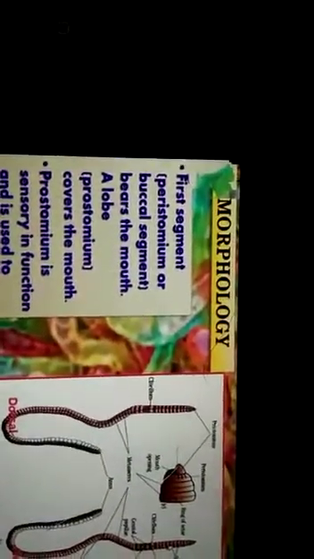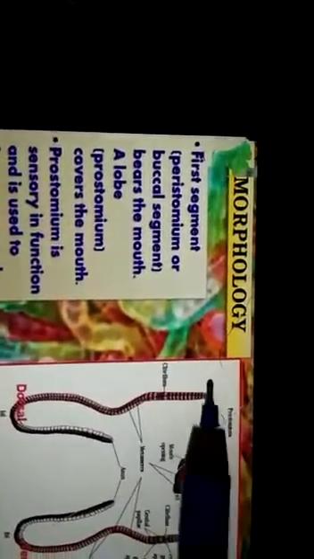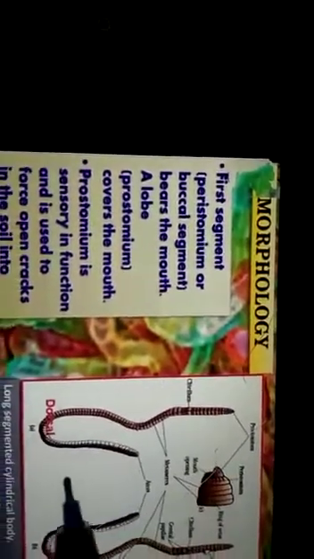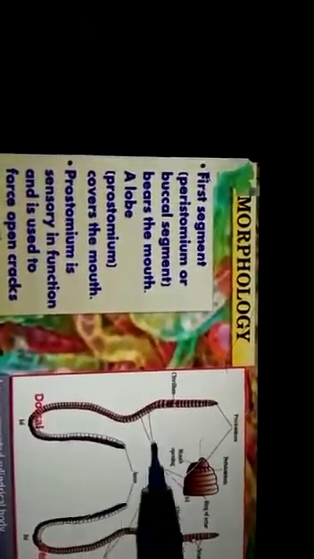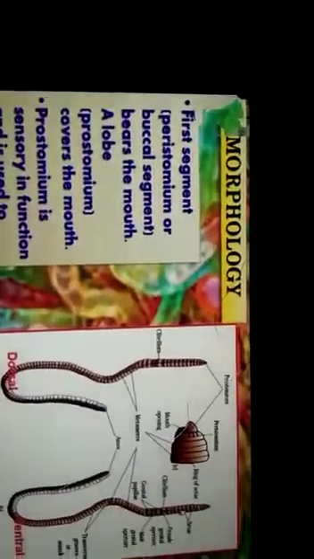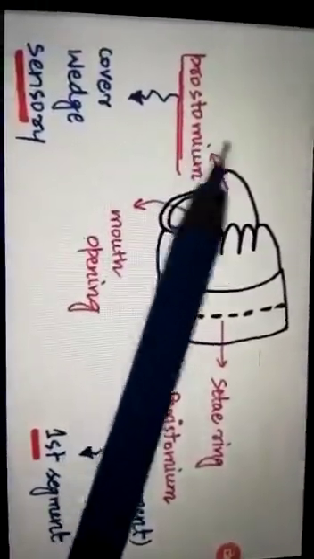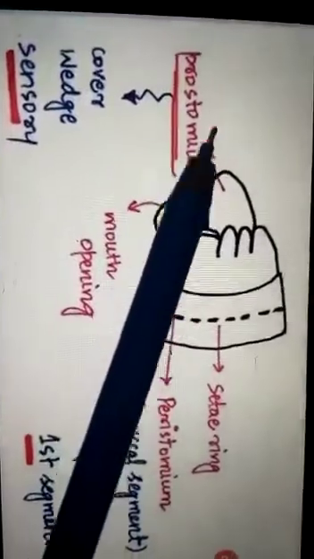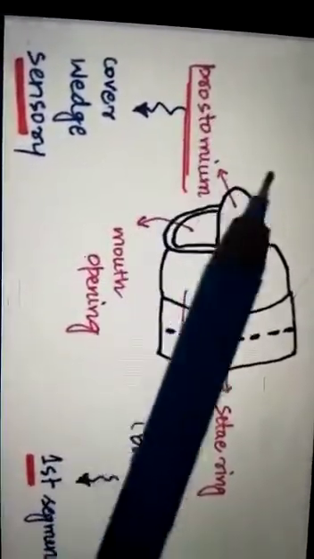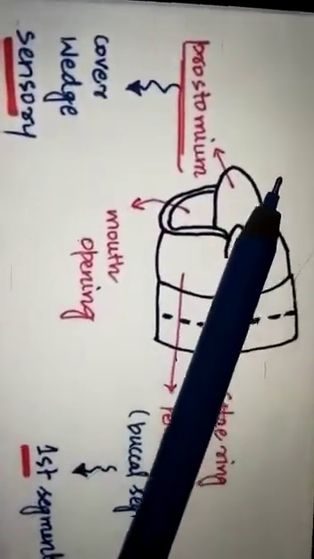Look at the anterior pointed end and another blunt posterior end. The most anterior part of the earthworm body is the prostomium. This structure is known as the prostomium,